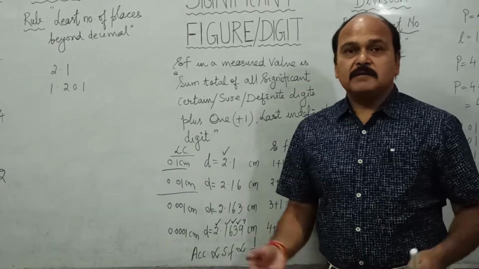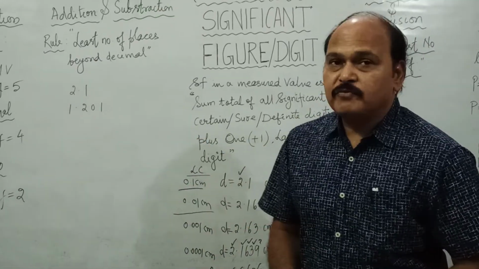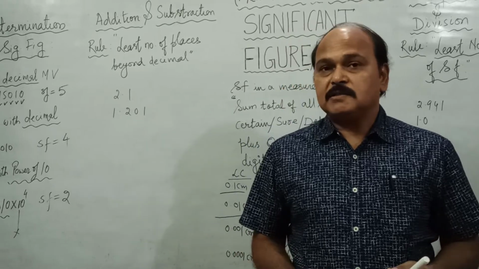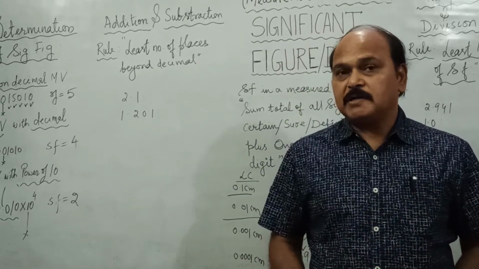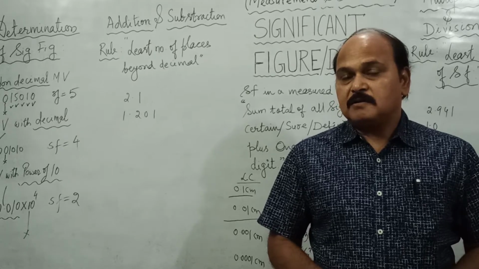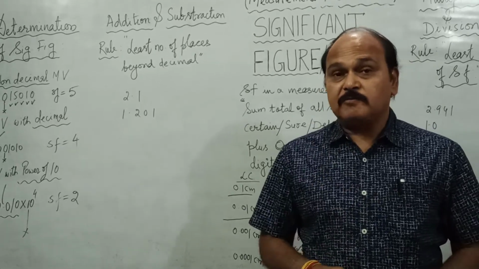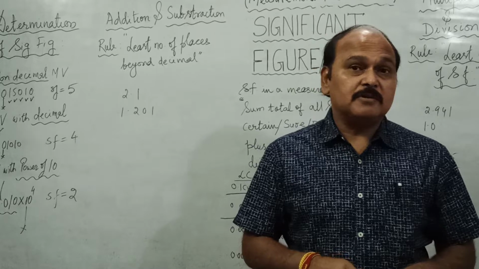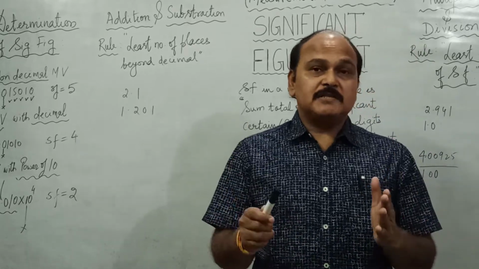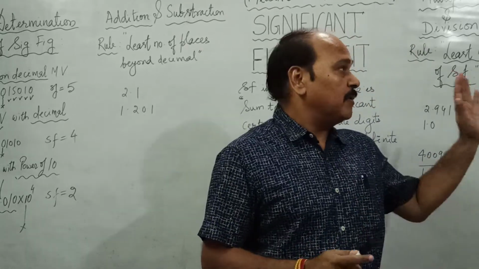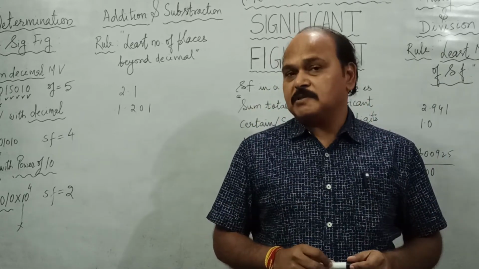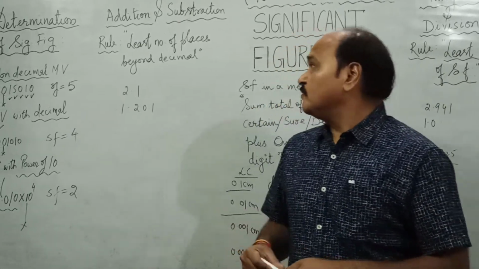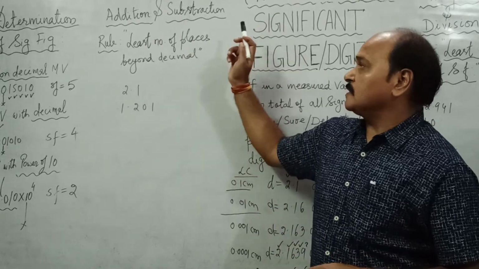Now how do we add? Let us come to addition. How do we add or subtract two quantities, two measurable quantities, which have been measured by an instrument? Well, children, be very, very careful. We are going to study the addition, subtraction, multiplication and division of quantities which are measured from various instruments. So how do we bring about addition and subtraction?